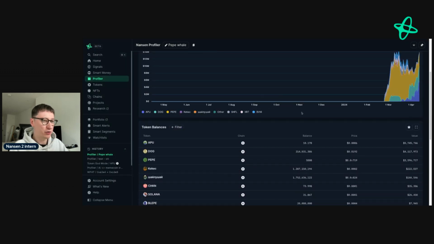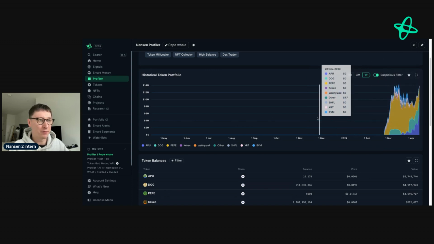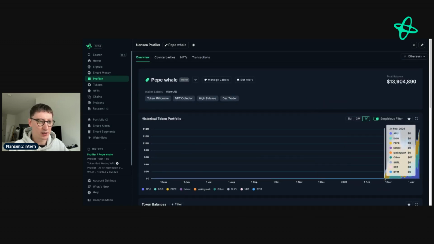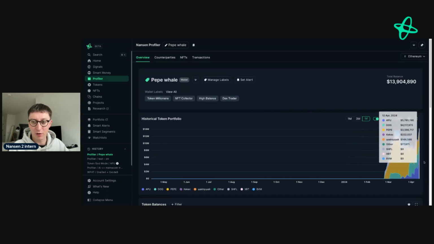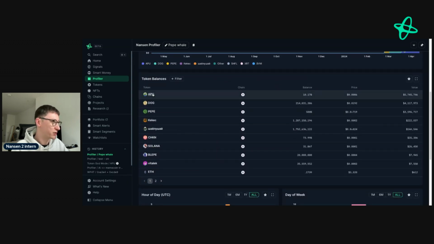You might find this address useful, really interesting. The yellow is the Pepe. They have absolutely been killing it since literally February. Just up only, massively. It's incredible to see, which is why I've labeled them personally. You can see they own a bunch of different meme coins. They've made a fortune on Apu,